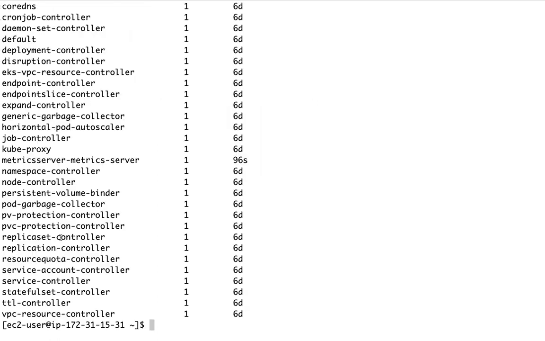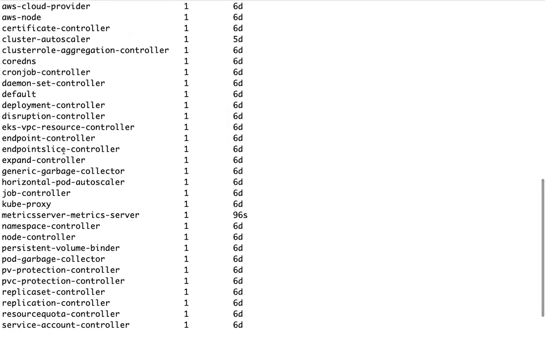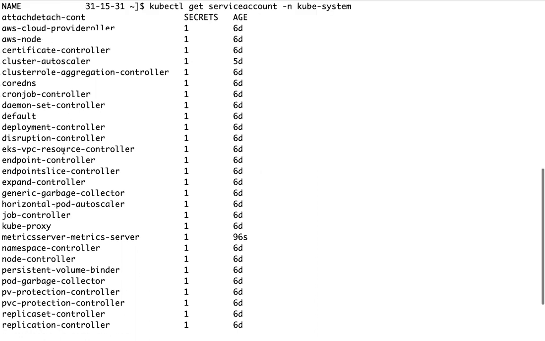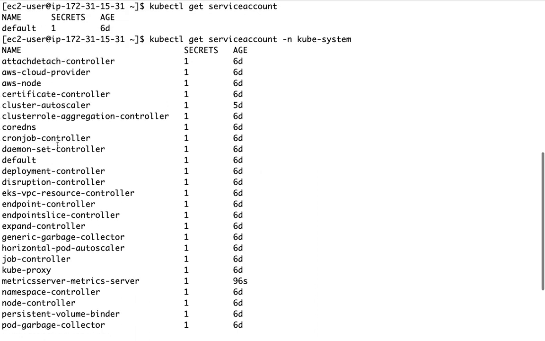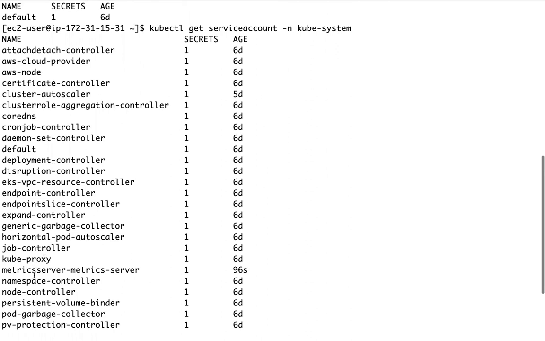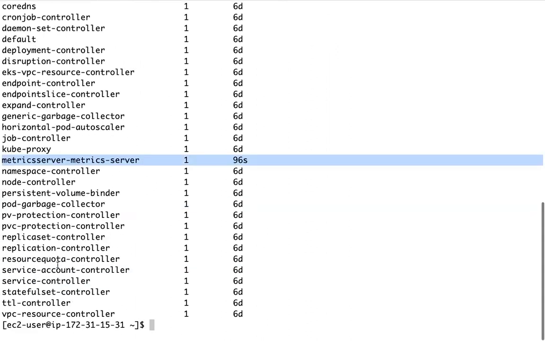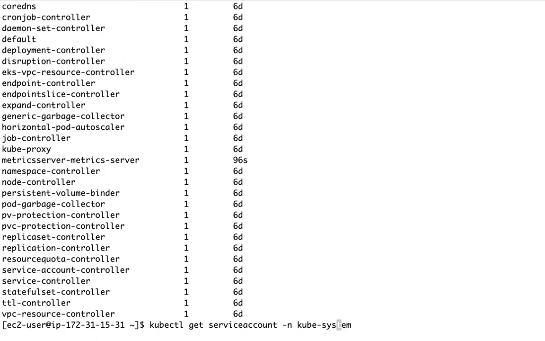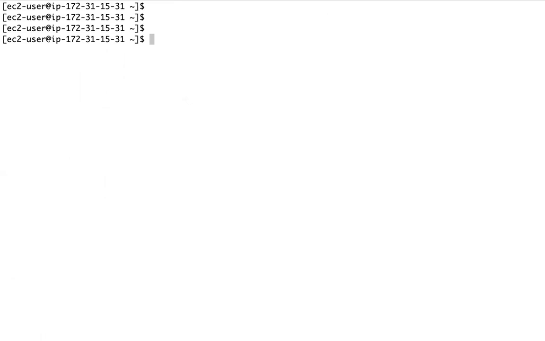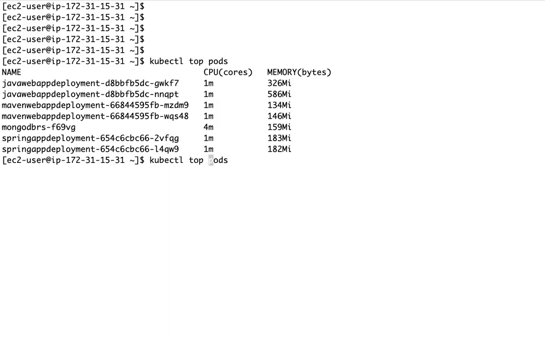Do you see a metrics server service account is created somewhere? Metrics here. The service account is created. There is a role, cluster role, all those things. But where are my manifests? That is part of my chart. Now let me see. Now do you see is metrics server working?